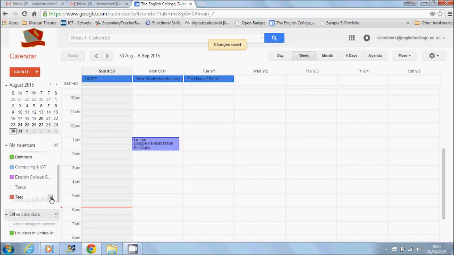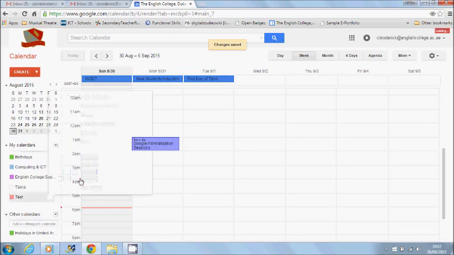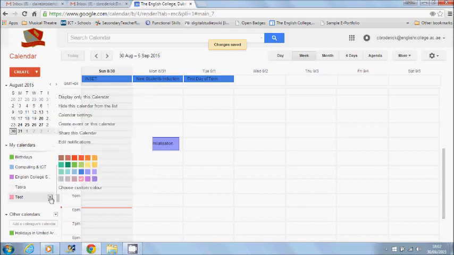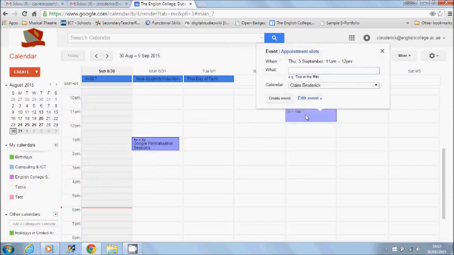You can change the settings on it, just click here. You can change the colour if you want to. So for example, maybe I want it to be pink. You can also add events on that calendar. 2 ways of doing it, probably more, but these are 2 ways that you can do it. You can create it here, or as you might often want to do, you might just want to click the calendar. So if I just put something on there for Thursday morning